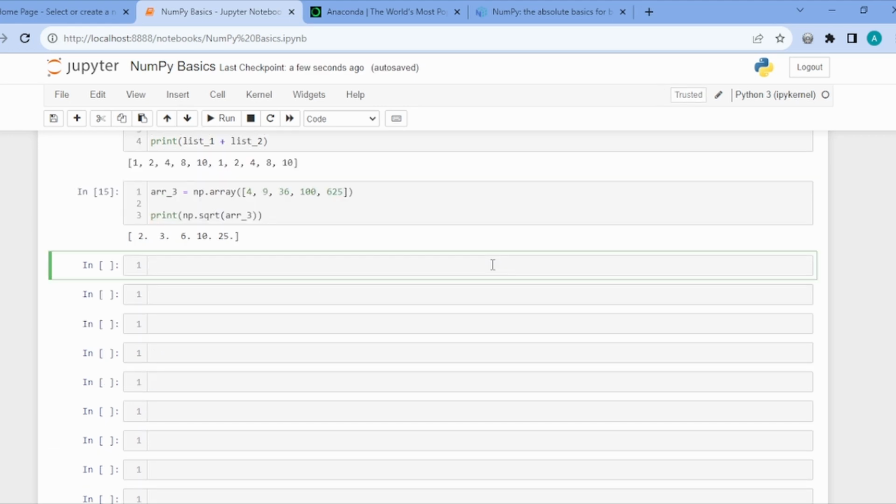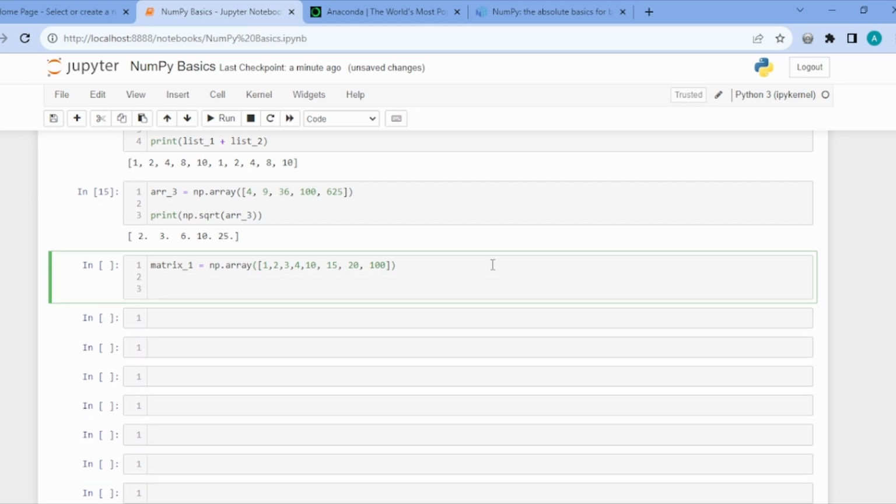So I will create another array. Let's name it matrix1, but this will be a 1D array, and then we will reshape it to 2D. So let me just write np.array, and here let me create an array 1, 2, 3, 4, 10, 15, 20, 100. So we have 8 numbers over here, and now I want to reshape this array. So let me create another variable. Let's call it reshape matrix1, and here I'll write matrix1